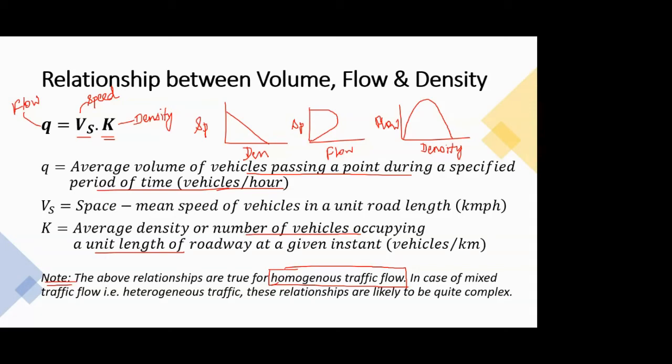So in that case, that traffic stream is not called homogeneous, but heterogeneous. In heterogeneous traffic, these conditions will not hold true exactly. Suppose you survey any road in India, be it a rural road, expressway, national highway, or state highway, and find all these parameters, speed, density, and flow, and then plot the graph. You will not get the exact same curves or the exact same slope, because the conditions are heterogeneous in this case.